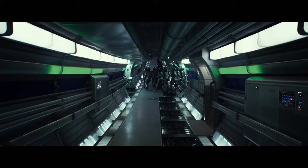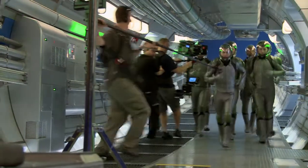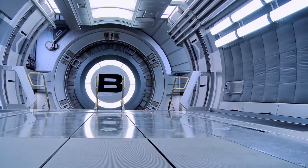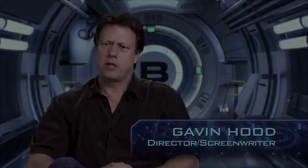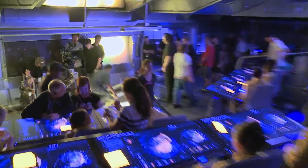I distinctly remember it did have curved hallways and the sort of gravity-generating wheel concept. You know, it had the chasing lights that tell the kids where to go. I believe that the kind of cold, modular feeling of it is implied by the book. At least that's my memory of it. When we were looking for inspiration for the futuristic environments, we looked at a lot of, obviously, sci-fi movies, and